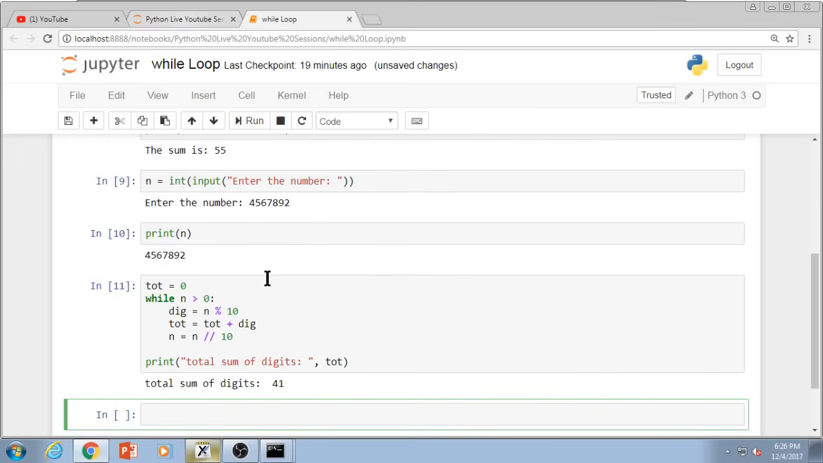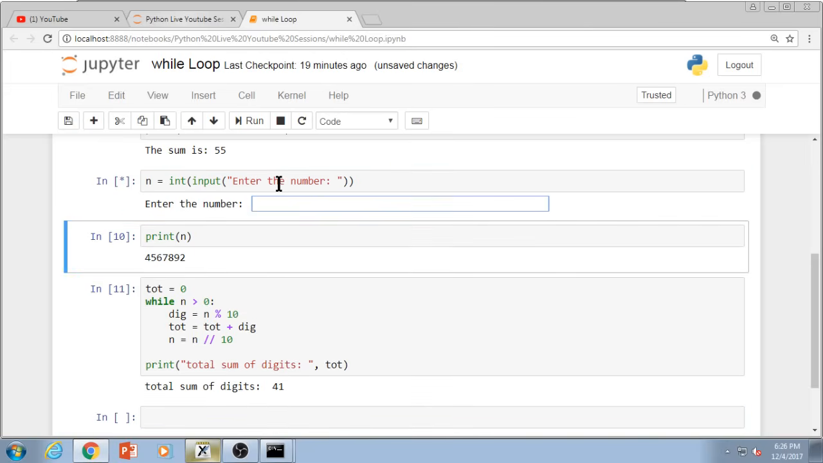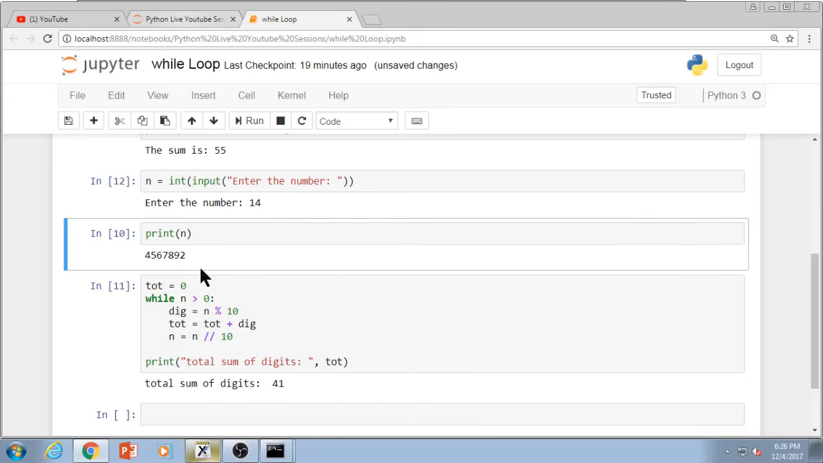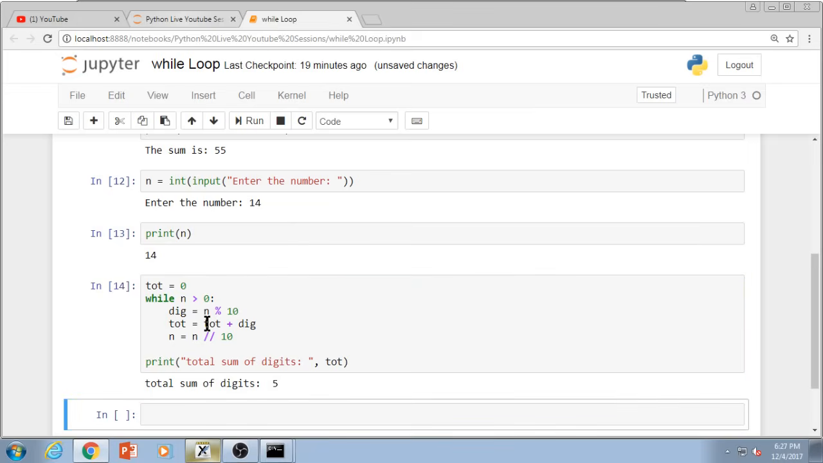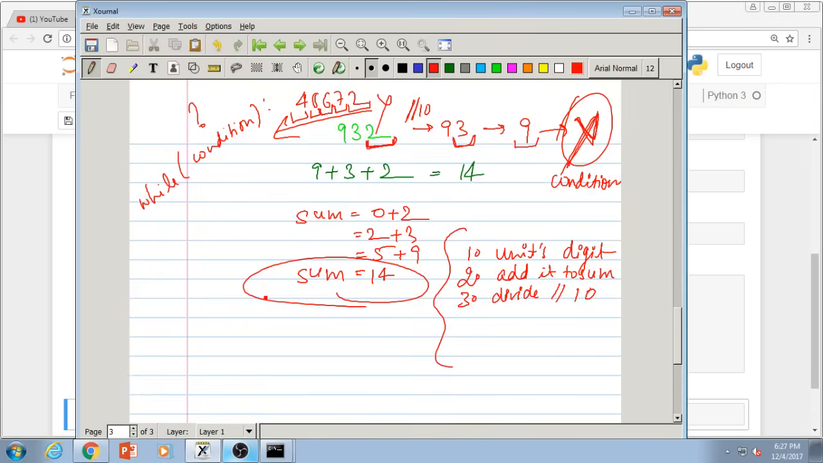Cool. Let's take a simpler number, let's say 14. Check. Right? 5. Cool. So that is how you, number one, break down your problems using simple logical approach of what you are going to do,